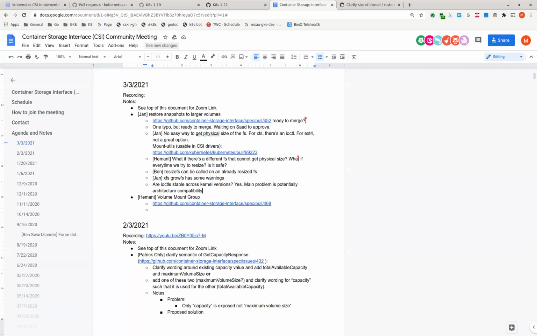I think it's pretty reasonable to expect that every file system on Earth can just resize to fill the current block device. So what are we agreeing on? That may be part of the Kubernetes implementation detail, like how we're going to resize it. We could always expand on every mount, but maybe not for this call.